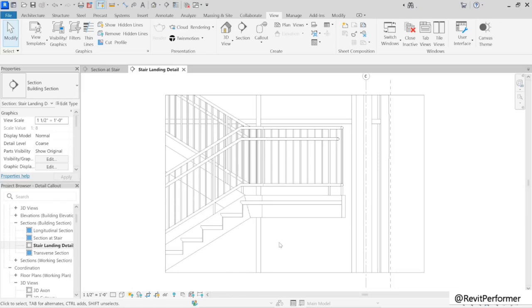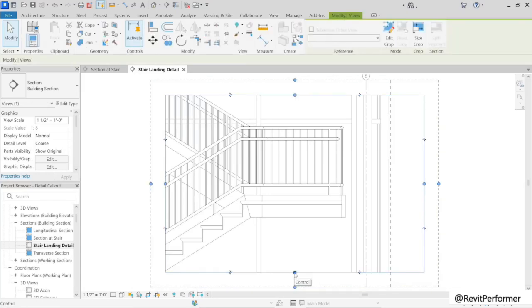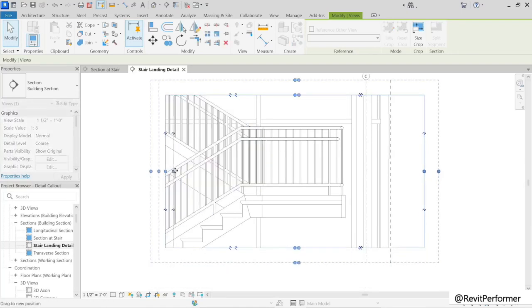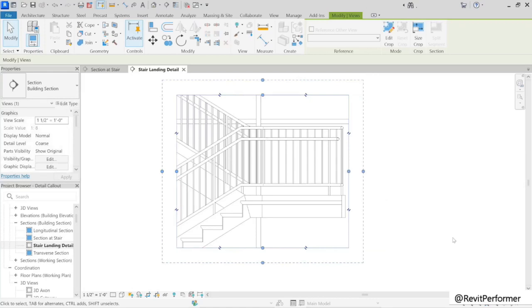When I created this callout, I made it rather large, but you can come back and select this crop rectangle. It's got these little grip controls on it, and you are able to start adjusting this in all directions to control what's being seen in this view. Now, notice over here on the right, we can easily compress that in and remove all of that extraneous geometry off to the right without hiding anything. So we don't have to now figure out what categories to hide or anything like that.